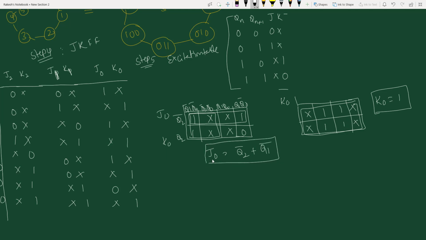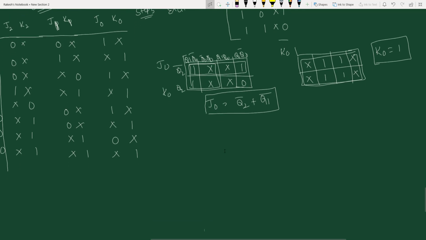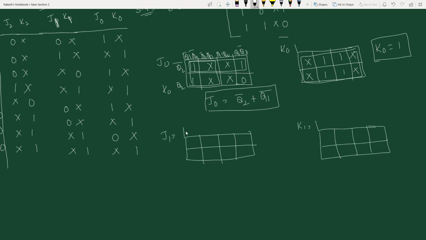Similarly, if I do it for J1 and K1, if we fill for J1: 0, 1, x, x, 0, 1, x, x, and 0, 0, x, x. So I can make one pair here. So my J1 will be Q2 bar into Q0.